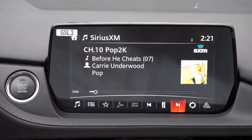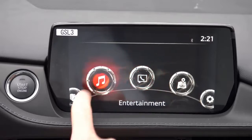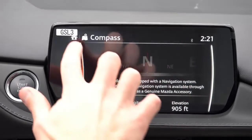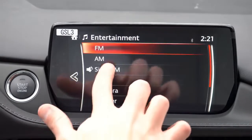But now let's go ahead and make our way to the tech display on this one. 8-inch color touchscreen display will come standard. That is going to give you Bluetooth and audio streaming, as well as Android Auto and Apple CarPlay standard across the board, even for the sport trim level. So that's definitely a plus. That, of course, gives you free navigation through your smartphone. All you need to do is just hook up your smartphone to the Mazda 6, and you got free navigation there,